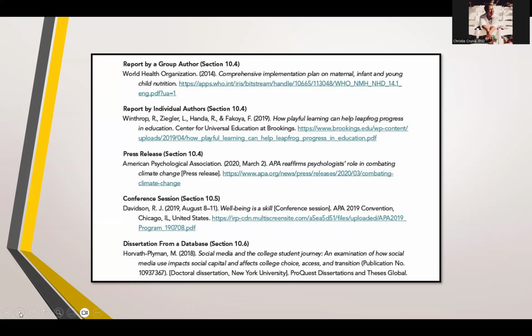Here's one to pull out. There are going to be times when you might use someone else's dissertation from a database or a conference session. I just want to note where you see examples of how you would use square brackets. And so you can see that it's letting the reader know that it was a conference session. You want to put that in the brackets. And then again, with the example of the dissertation from the database, you want to include in brackets that it was a dissertation and at which institution it was completed.